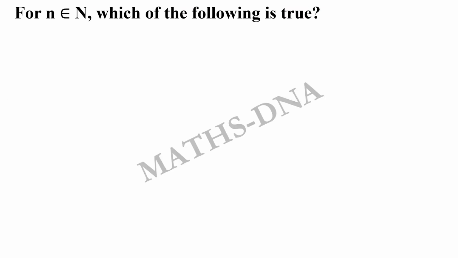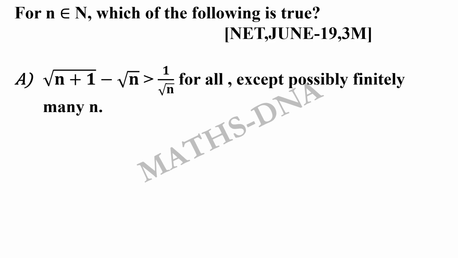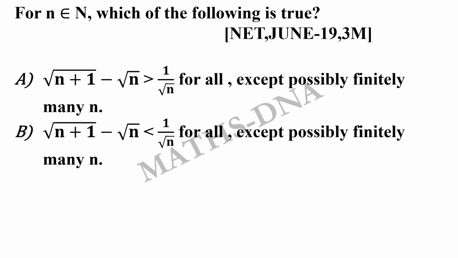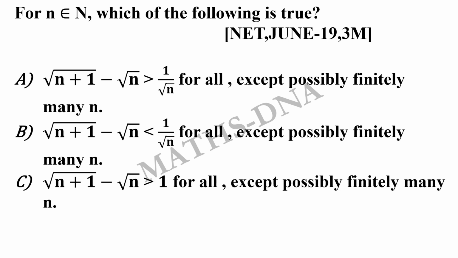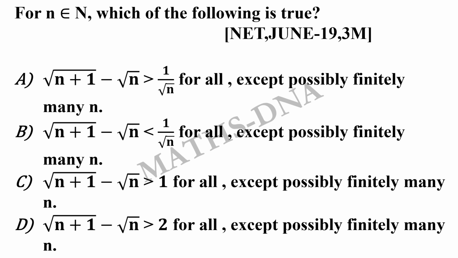The question is, for n belonging to N, the set of natural numbers, which of the following is true? The options are: A. Root n plus 1 minus root n is greater than 1 upon root n for all except possibly finitely many n. Option B. Root n plus 1 minus root n is less than 1 upon root n for all except possibly finitely many n's. Option C. Root n plus 1 minus root n is greater than 1 for all except possibly finitely many n's. And option D. Root n plus 1 minus root n is greater than 2 for all except possibly finitely many